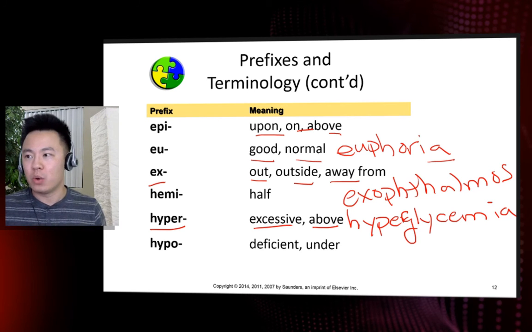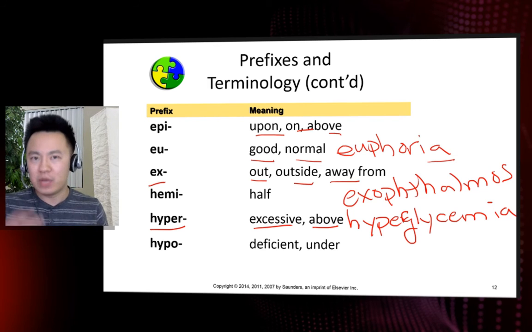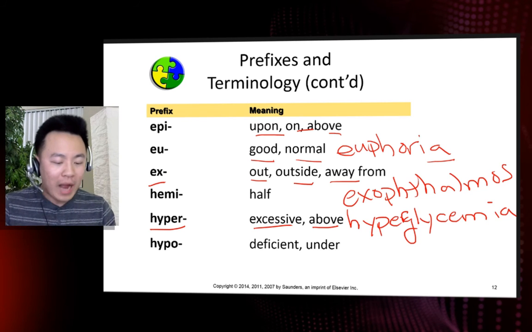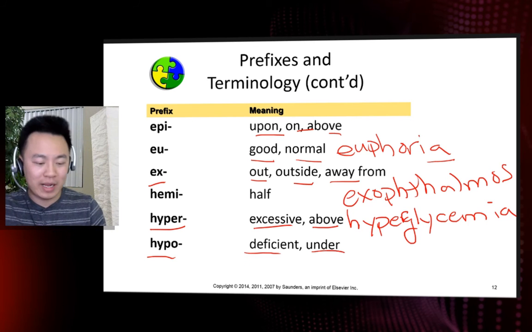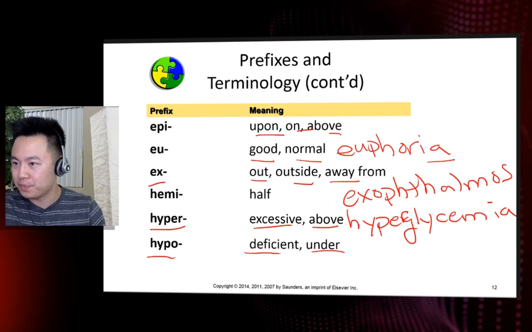So it specifies, because when somebody eats, say, a piece of bread or a cake or a cookie, the sugar level is going to go up pretty high. It doesn't mean that it is abnormal. It doesn't mean that it is excessive. It just means that for that particular time after eating a meal, my blood sugar level is going to go up. So we want to be able to distinguish normal high blood sugar versus excessive high blood sugar. Or how about hypo? Hypo here means deficient or under. Again, we have hypoglycemia.